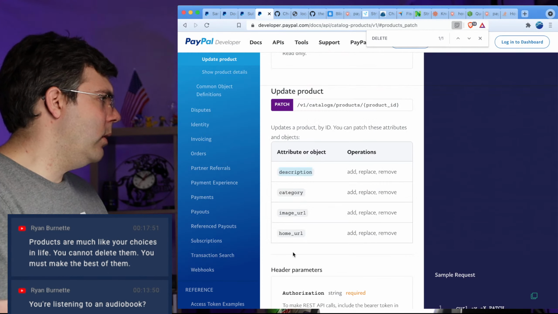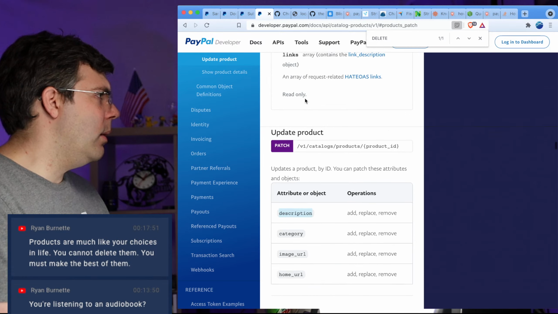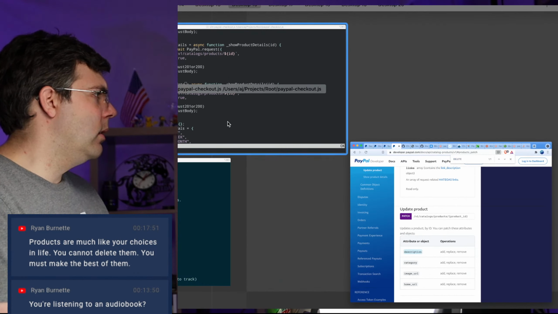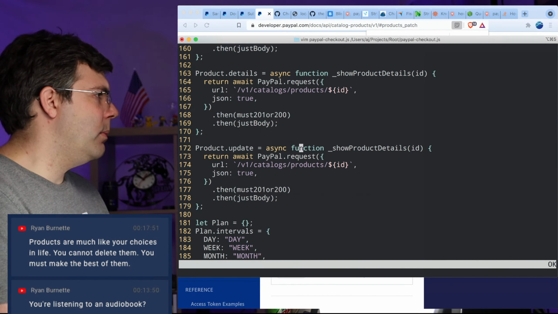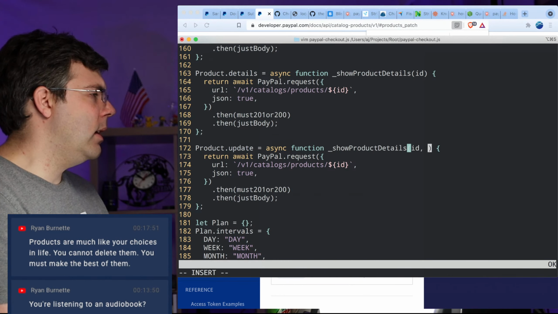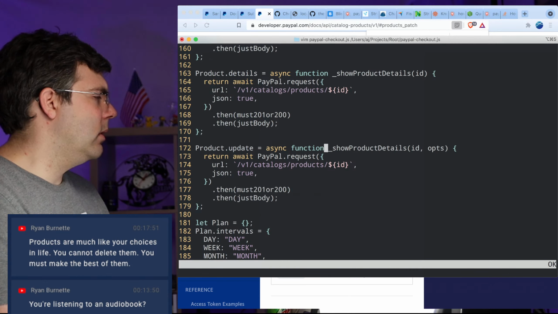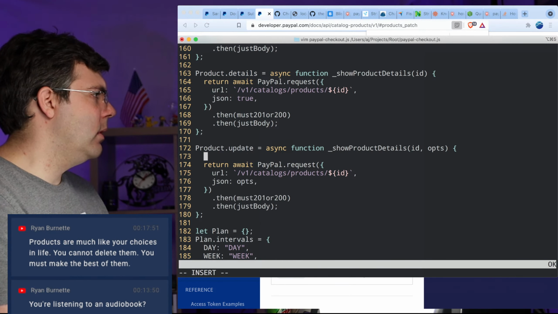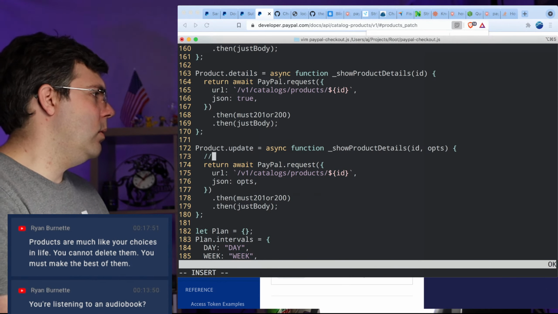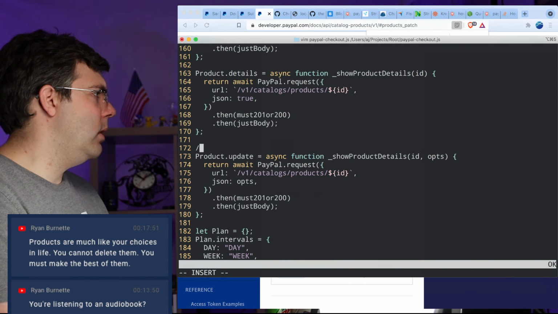Update product? Okay. So update takes an ID and I'm going to say ops, and I'm just going to say let's pass along the ops. And in this case, I do want to document. I think I'll just put it in here.